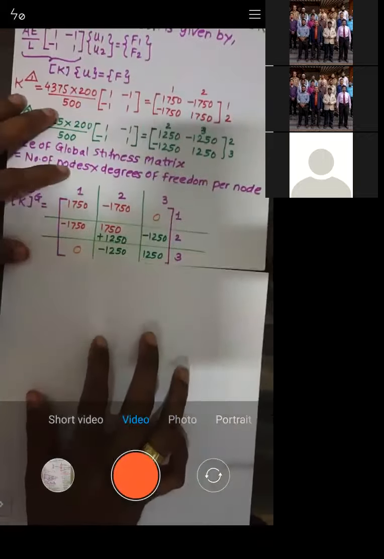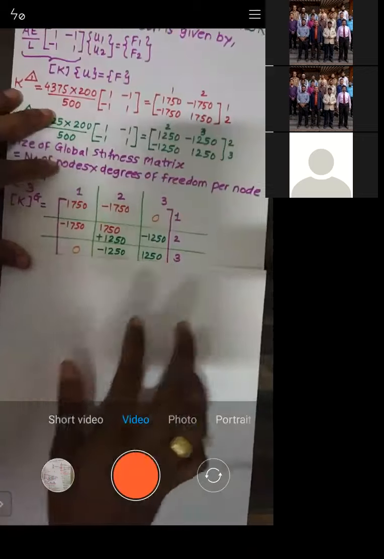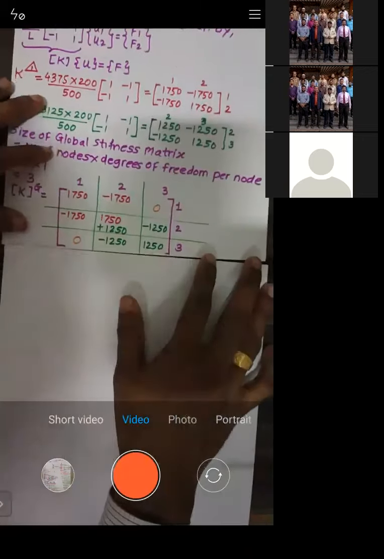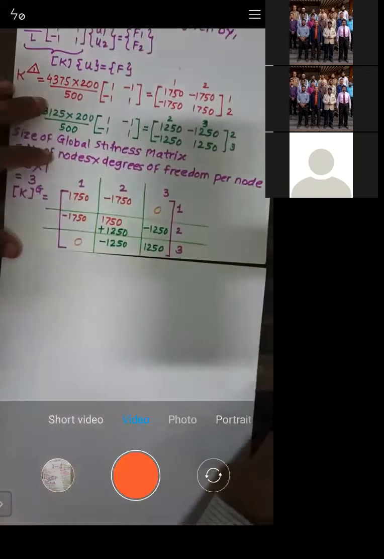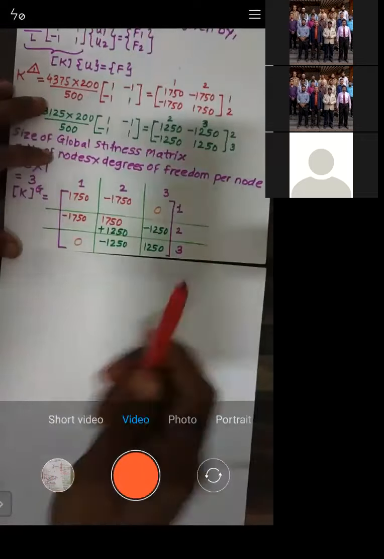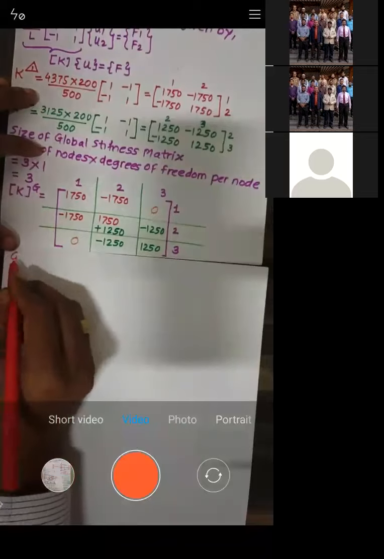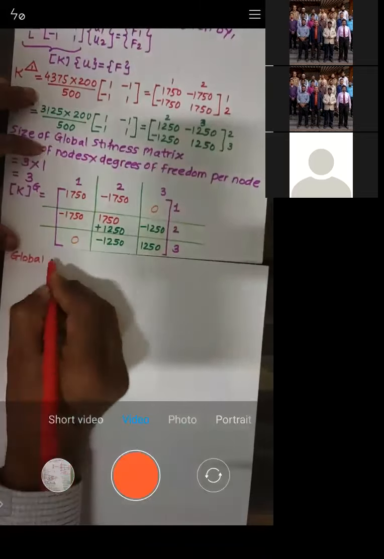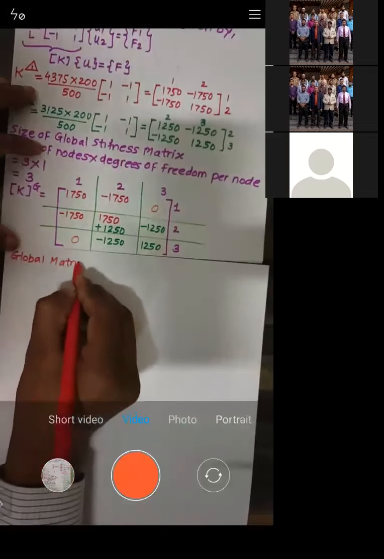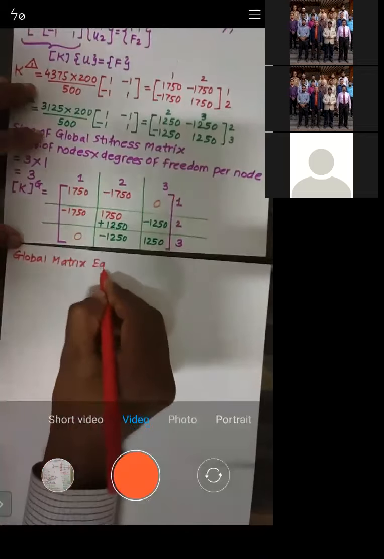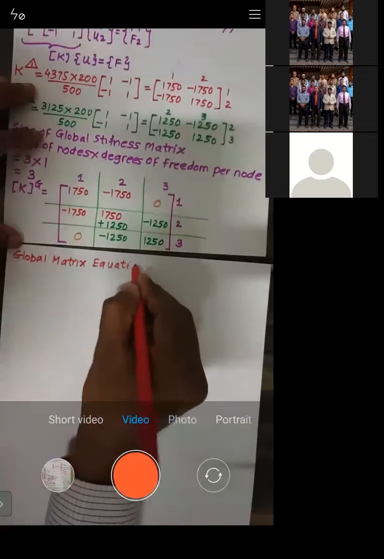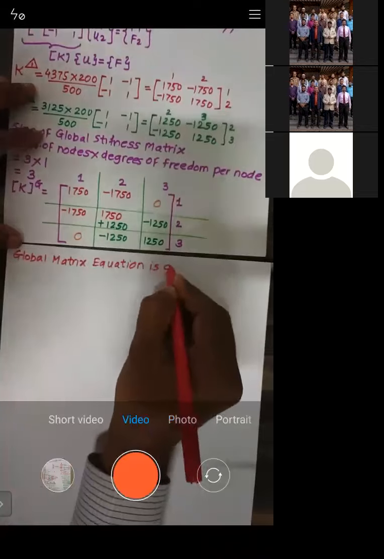Global matrix equation. We need to write down the global matrix equation. So I will start now with the global matrix equation. Okay, so I'll write down here: global matrix equation. Global matrix equation is given by,